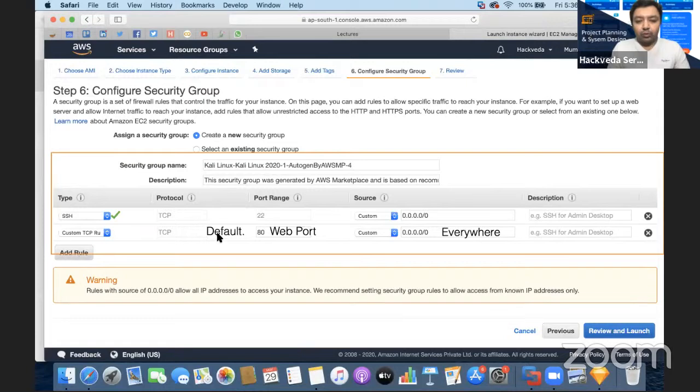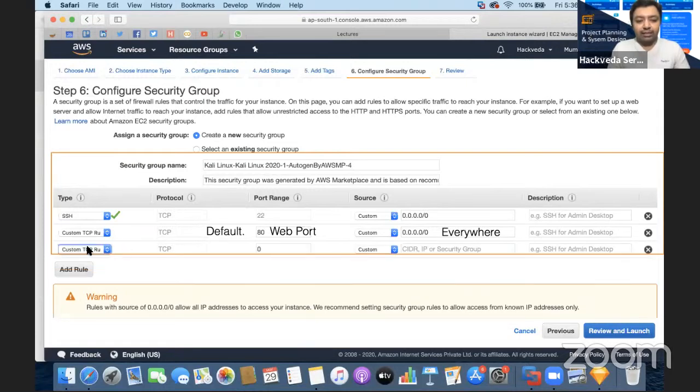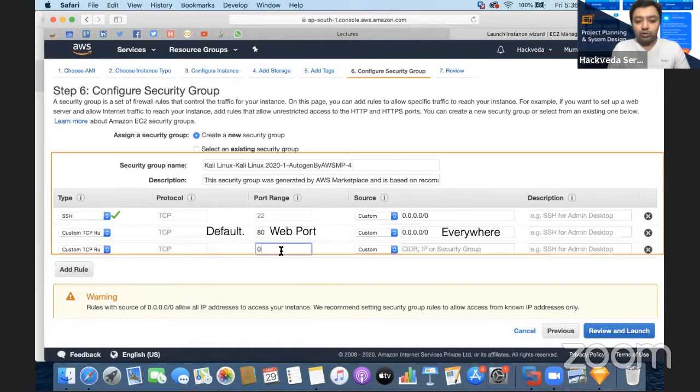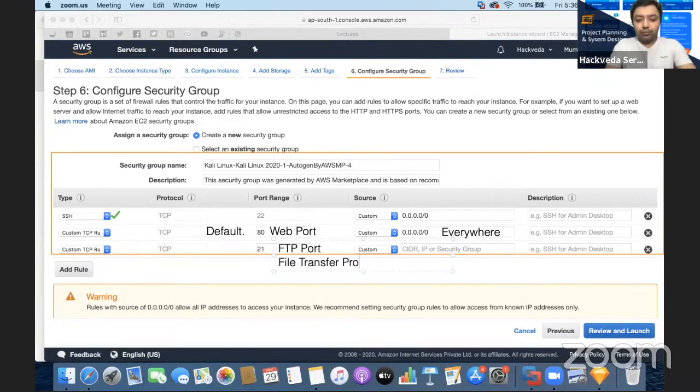Similarly, we are going to select one more port, and that port is also going to be a custom TCP port. And this port should be port number 21. And this port number 21 will be an FTP port. Okay. What is FTP? It is file transfer protocol. Okay, so this will sync